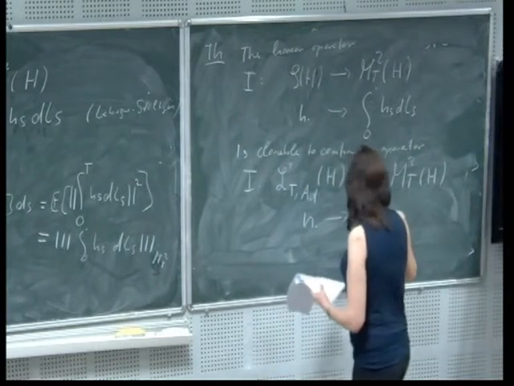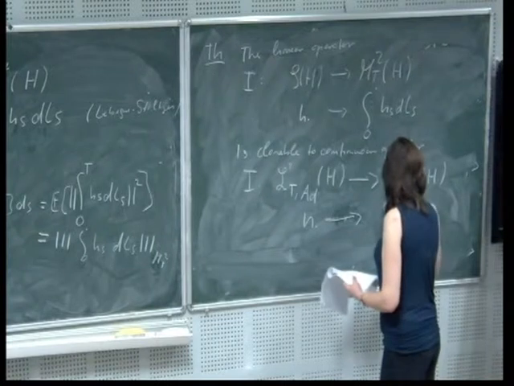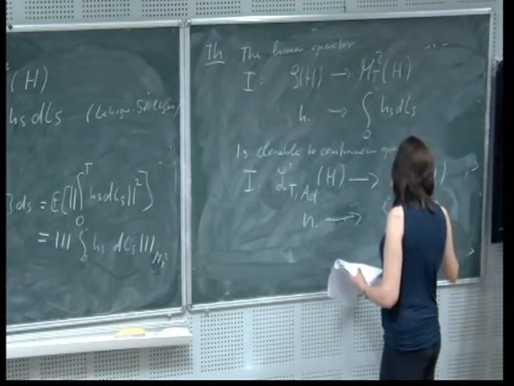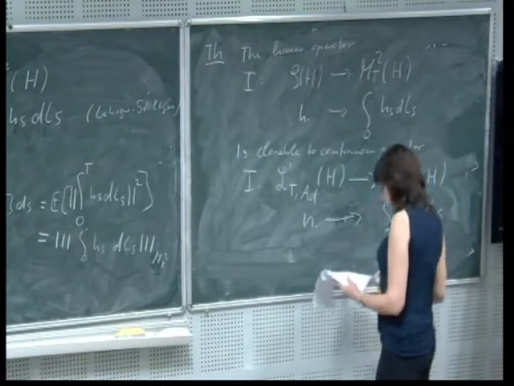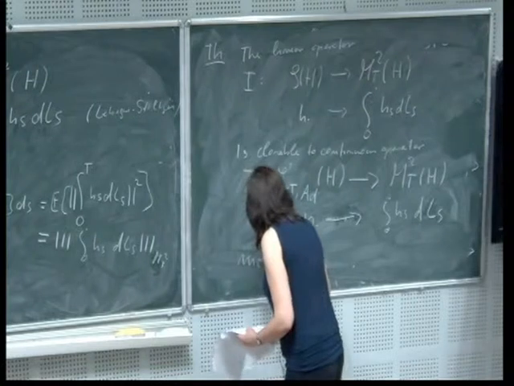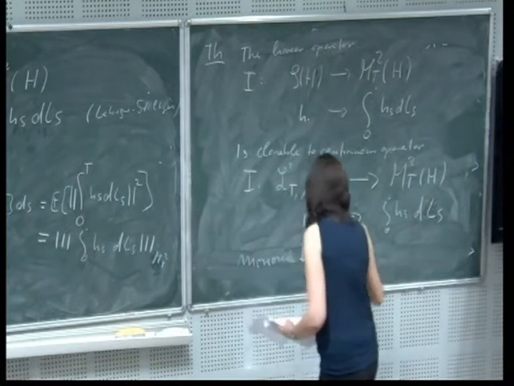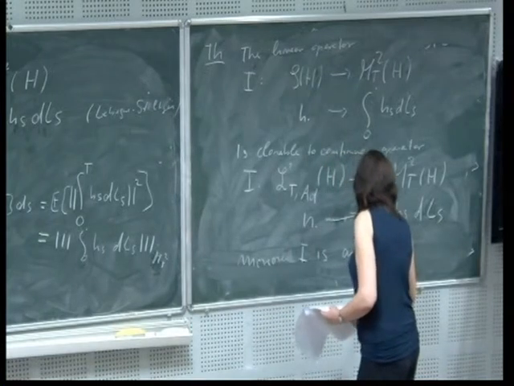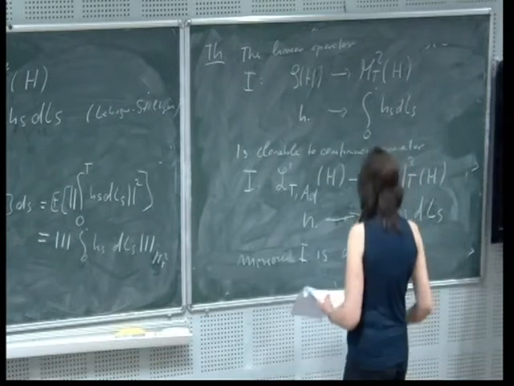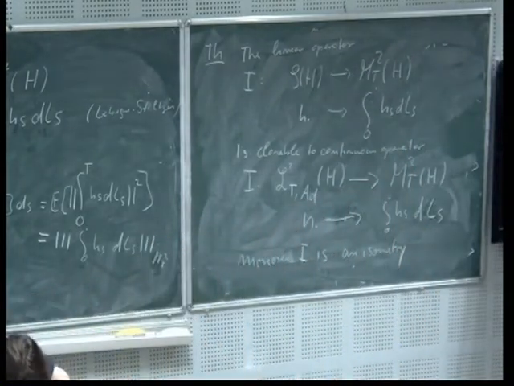Okay, the proof is now really one line or two. Moreover, this operator is an isometry. Okay, the proof is obvious